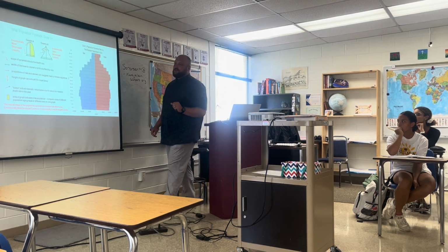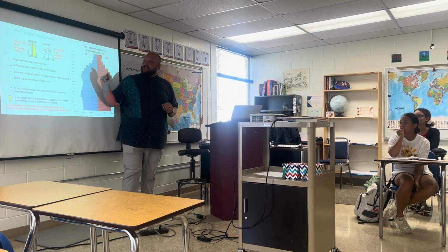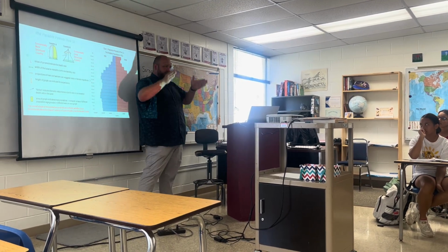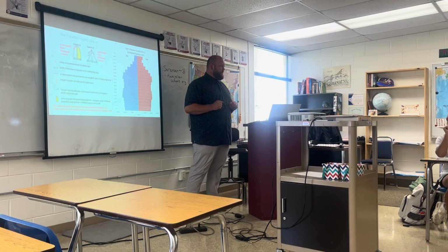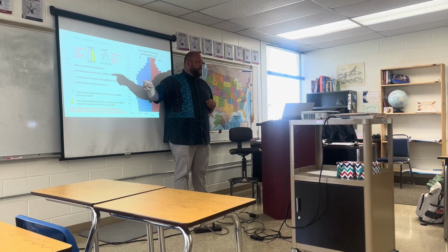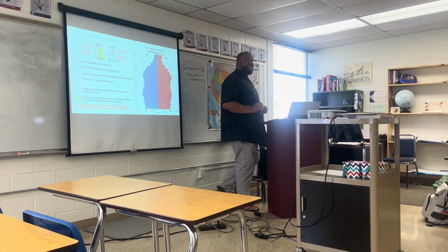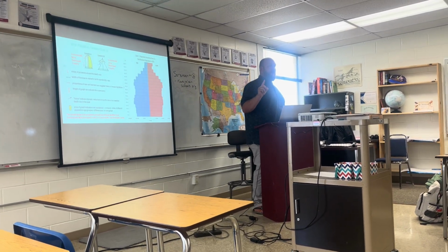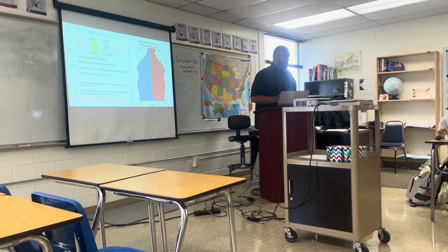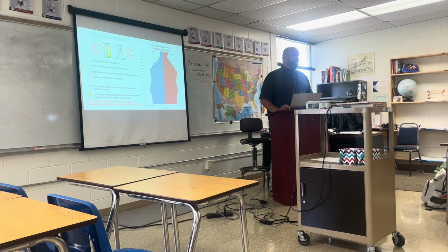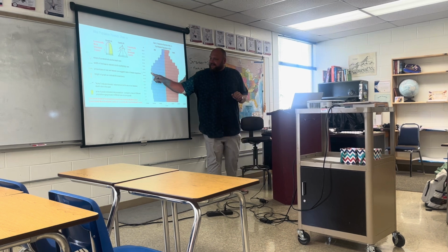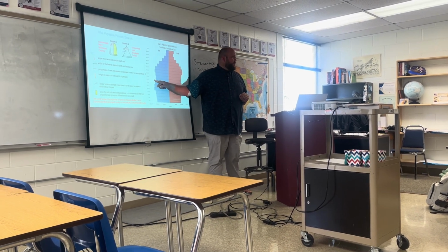Okay, let's look at this key. If you see a population pyramid that is more rounded at the top and straight down, that's probably a more developed country. On the flip side, if you see a big slope, that slope means they have a high death rate. And a high death rate means that it's probably a lesser developed country. People aren't making it into their old ages. Okay? If you see a little indent, what does that mean?